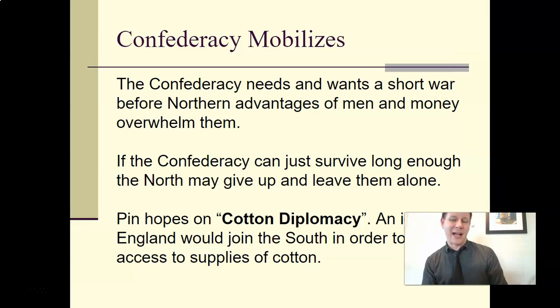Another backup plan, like a second plan B, is this idea of cotton diplomacy. Basically, the South has a lot of cotton. That's what they're good at doing. And countries like England, their economy was dependent on Southern cotton at the time to use in English factories to make their economy work. Without Southern cotton, because of the North's blockade, English factories are going to go out of business. People are going to be unemployed. Their economy goes into a tailspin.